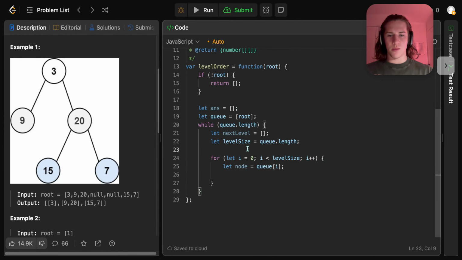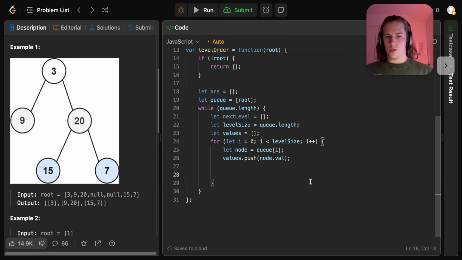And then, okay, so we've got our answer. Nope, actually, I missed a step. So we also need to initialize, so we've got our next level, which will hold the next nodes to reach, but we also need to hold an array of the node values so that we can, after the for loop, add it to our answer array. So what should we call it? I'll do let values equal this, and then let node be queue[i], we can push our node value,